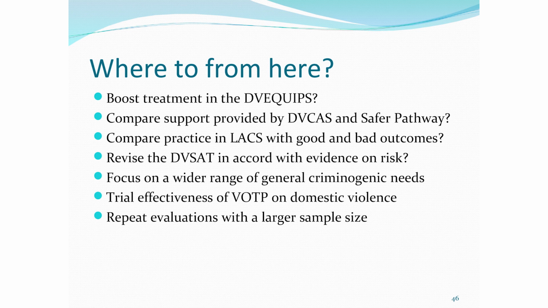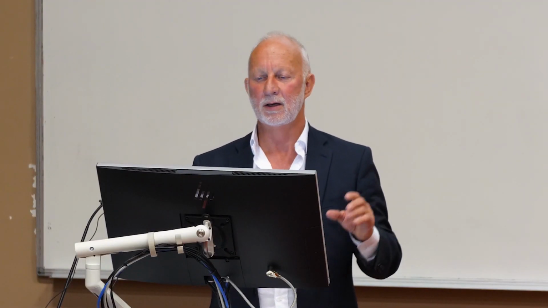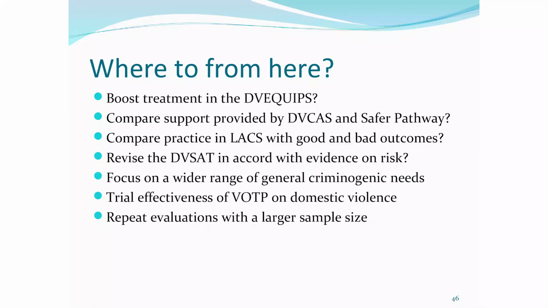The second thing is that it would be really, really interesting to compare the support that DV CAS people give with the support provided under the Safer Pathway. I'm not suggesting here that people involved in Safer Pathway were anything less than enthusiastic and committed, but it may be that in practice the levels of support provided under these two regimes were fairly similar. The next thing I think would be really interesting, you remember that LAC 4 or LAC Group 4, something was going right with them. It would be really interesting to go and talk to the people in that pair of LACs about what they were doing and compare that with the LACs where things weren't going as well. And I think that would be a really nice piece of research to do.